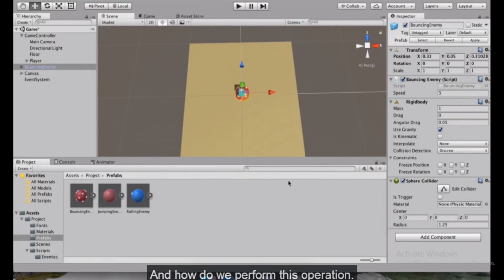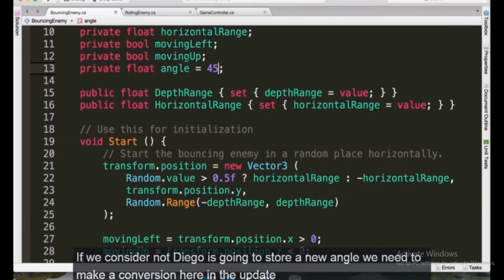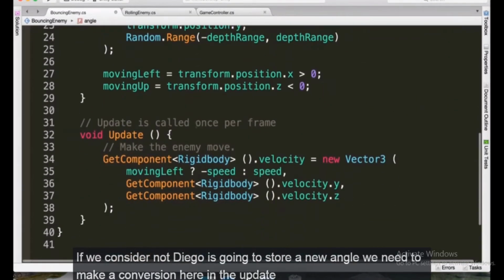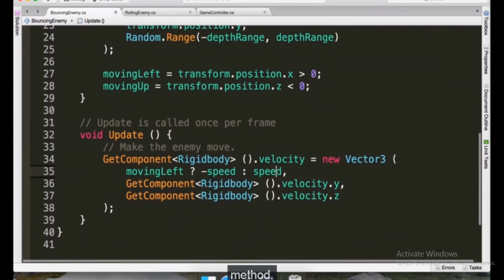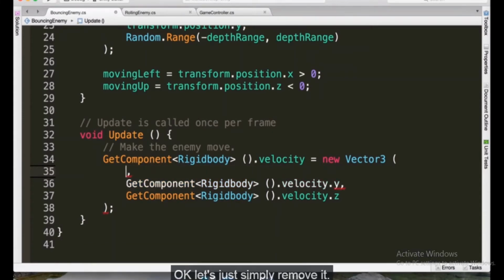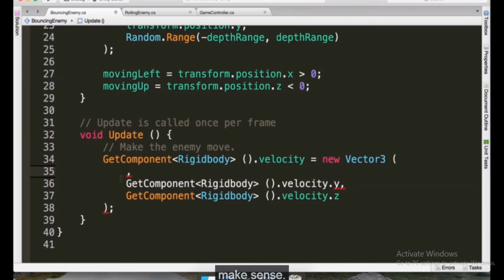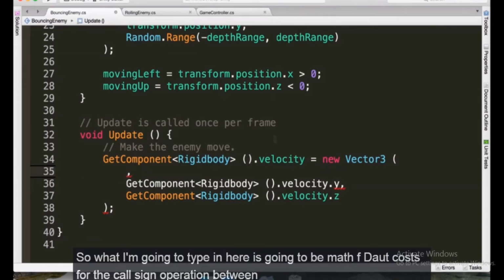And how do we perform this operation? If we consider that the angle is going to store an Euler angle, we need to make a conversion here in the update method. Let's ignore the moving left variable for now. Let's just simply remove it. We need to perform a trigonometry operation to convert this angle into something that can make this velocity make sense. So what I'm going to type in here is going to be